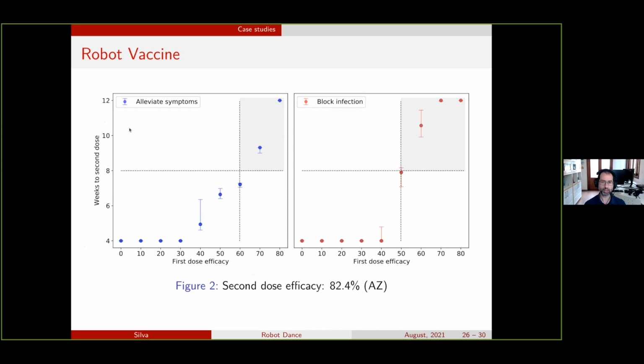But we always knew that it is actually some kind of combination of the two effects. You alleviate symptoms or you decrease the number of people that go to the ICU, not only because you alleviate the symptoms and the person gets infected, but also because part of those people don't even get infected, okay? And the first dose in that paper, they said that it would be efficient up to 76% or something like that. So it was very close to the second dose efficacy.